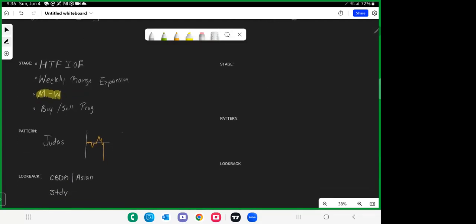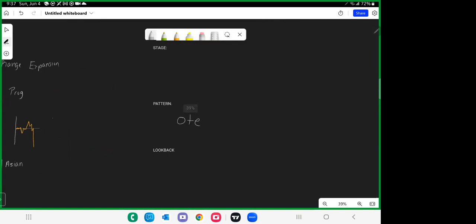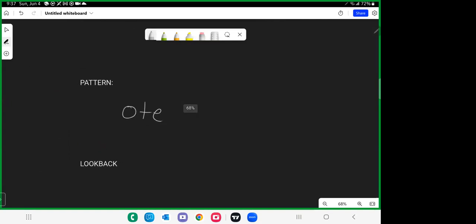All right, and then I also want to know which side of the curve I'm on. Am I in the buy program or am I in the sell program? Okay, the pattern is optimal trade entry, OTE. So that OTE is simply,